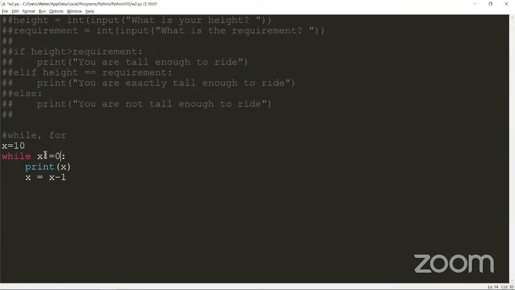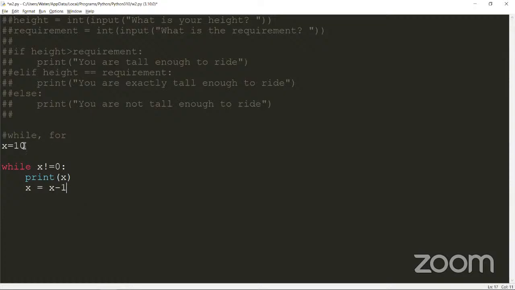I didn't cover this in an example in the previous workshop, but in order to check non-equality or inequality, you use an exclamation mark and then an equal sign. So this would evaluate to true if x is anything but 0. So this will run so long as x is not 0. So if we try to run this,